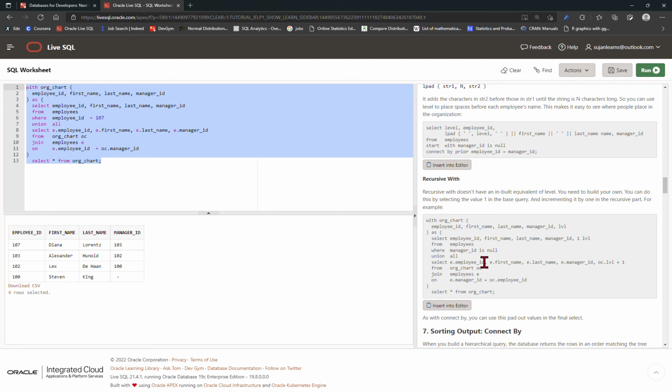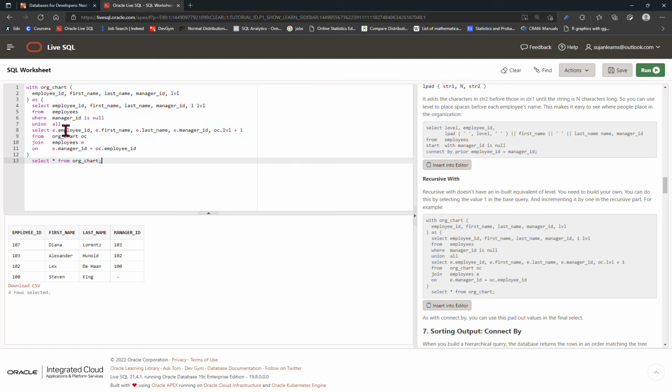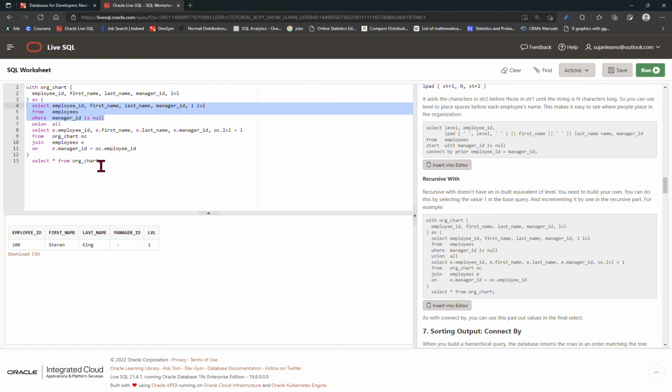Recursive WITH doesn't have an inbuilt equivalent of LEVEL. You need to build your own. You can do this by selecting a value 1 in a base query and incrementing by 1 in a recursive part. For example, here we have our base query and we have one more column called level, and it is 1 here. But when we do the recursive query, on top of it,